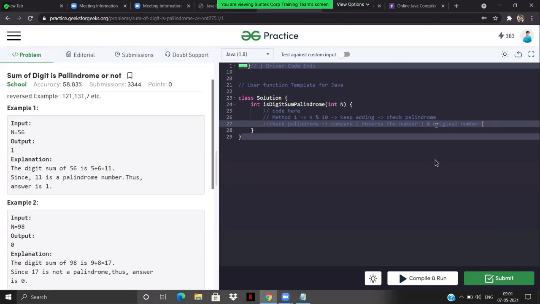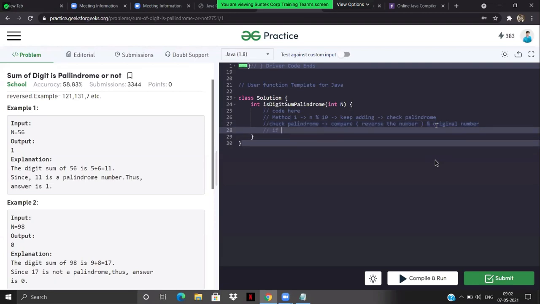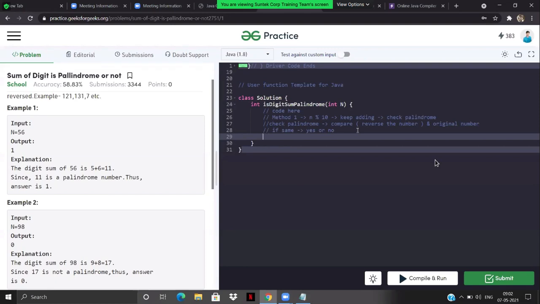If they are the same, then you can claim that it's going to be a palindrome. Yes or no. One more thing to notice over here is that the return type of the function is an integer. So you need to return 1, that means true, or you need to return 0, that means false. Right?